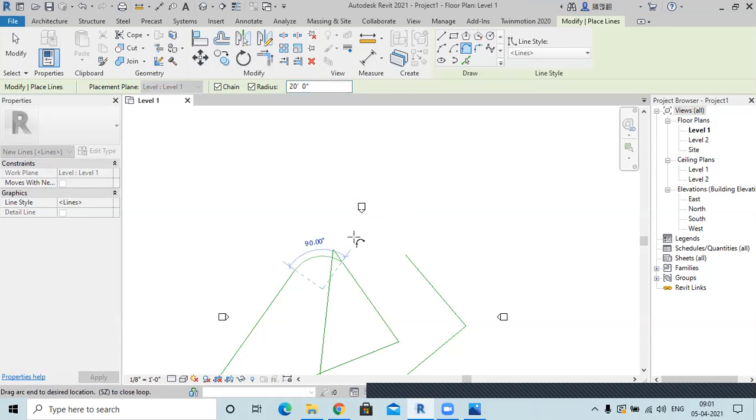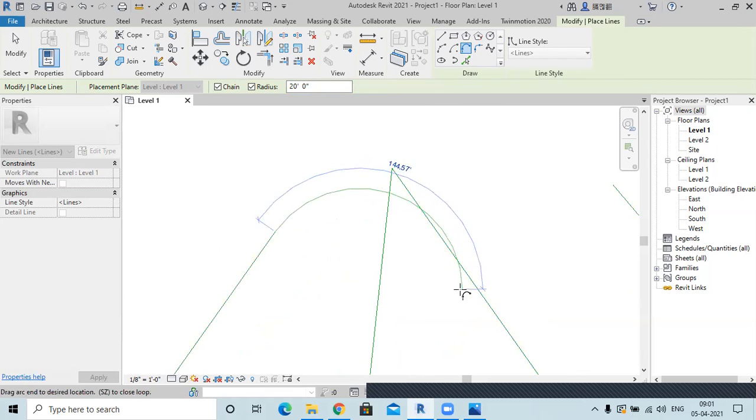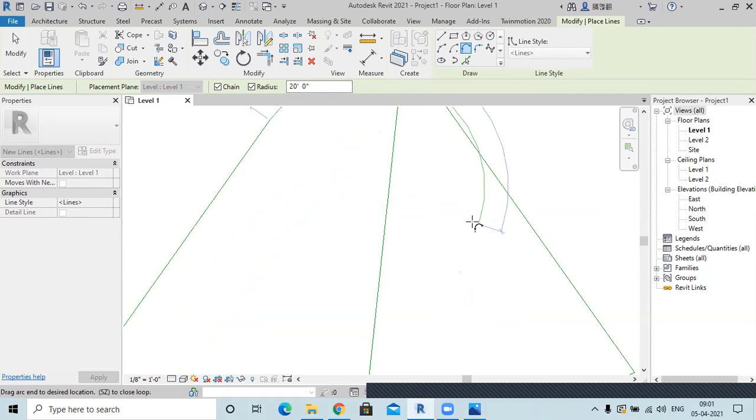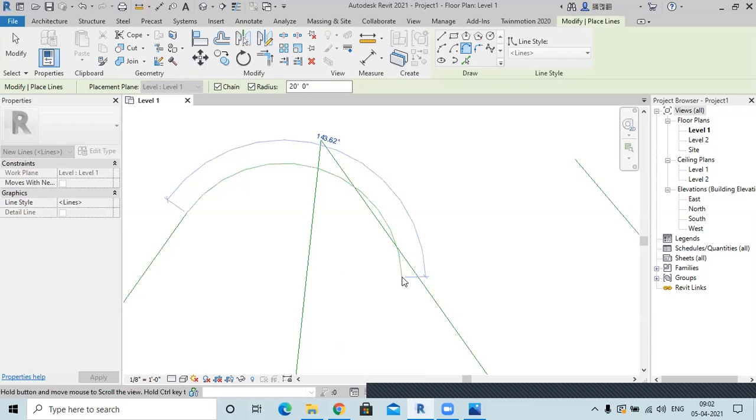And what happens is, for example, if I've selected 20 feet radius, now my arc will draw at 20 feet radius, but even then it doesn't reach the point where I want it to reach. Then you have to turn off the radius. Whenever you turn off the radius, what it does is, for example, if you have a line or any other command, if you don't select specifications, what Revit does is automatically take in some values and then create the thing which you want.